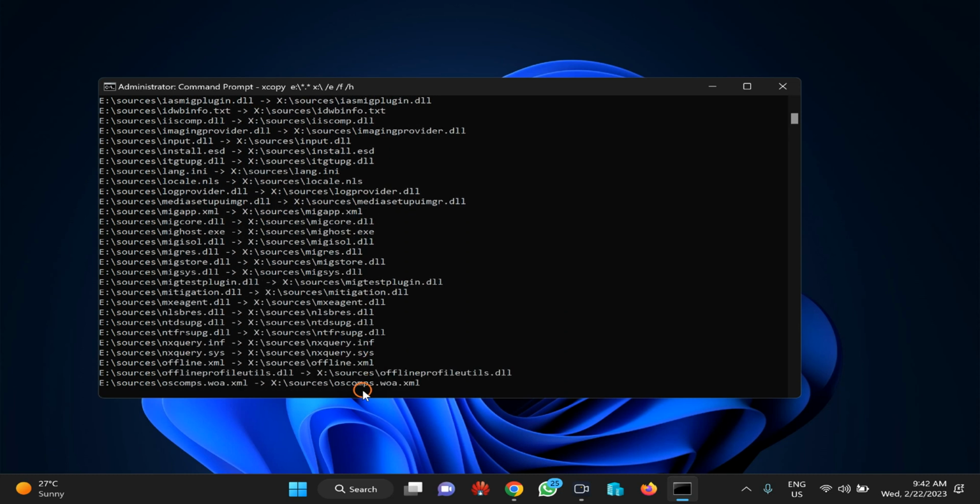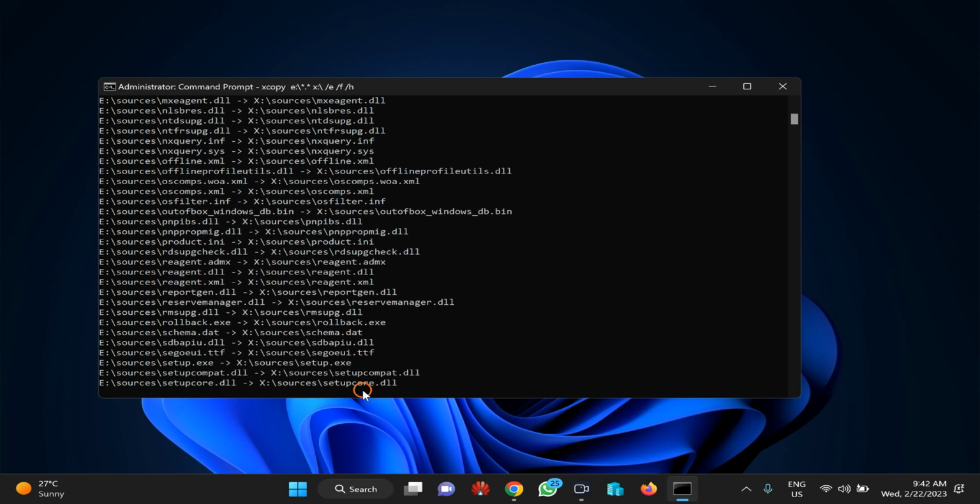Now it is going to be finished. Approximately all files have been copied to the USB disk and it will be ready in a few seconds.